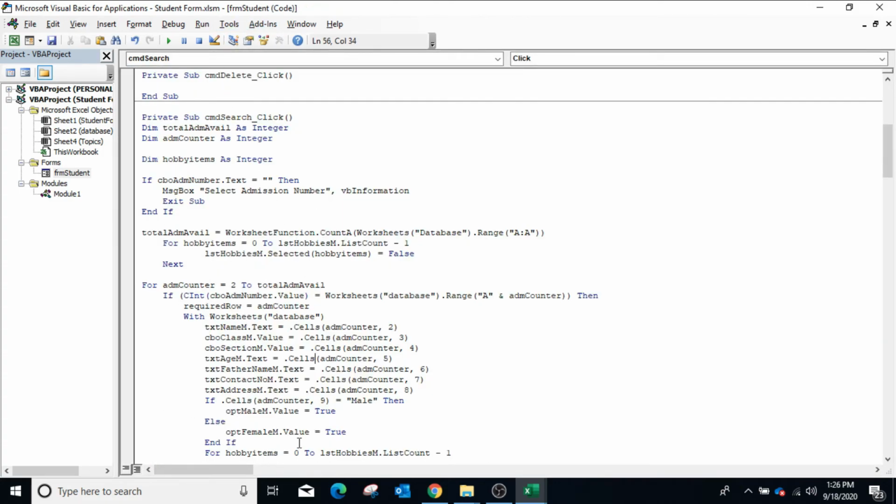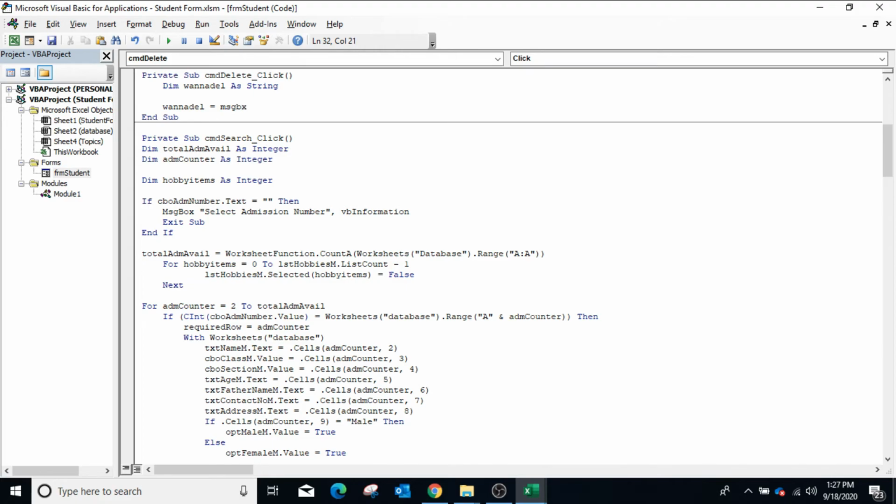In the search functionality, the required row variable contains the row number of the selected admission number. Now this variable we will use in the delete and the modify functionality. In the click event of the delete button, before deleting the record, we will take the user confirmation. So we will declare a variable dim del as a string.